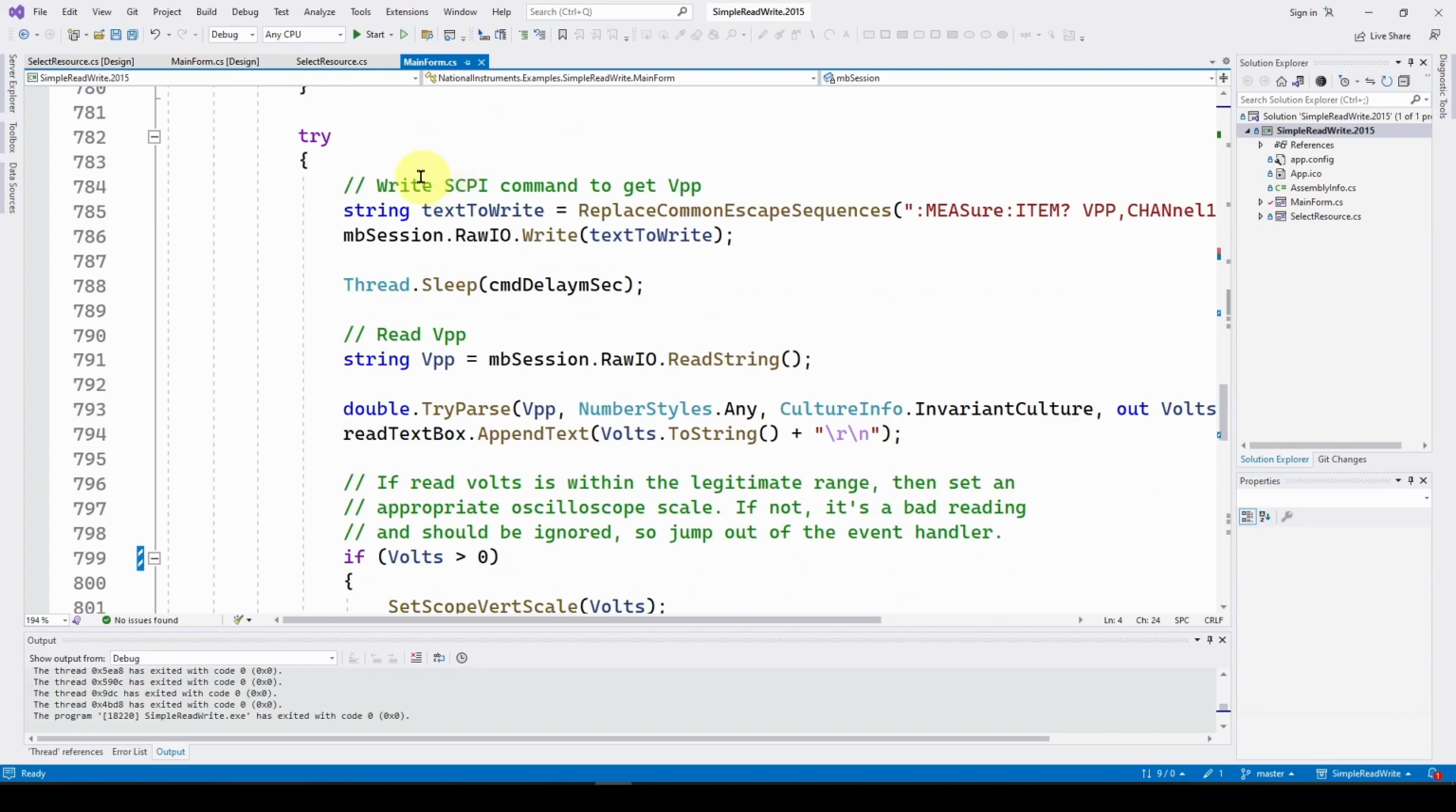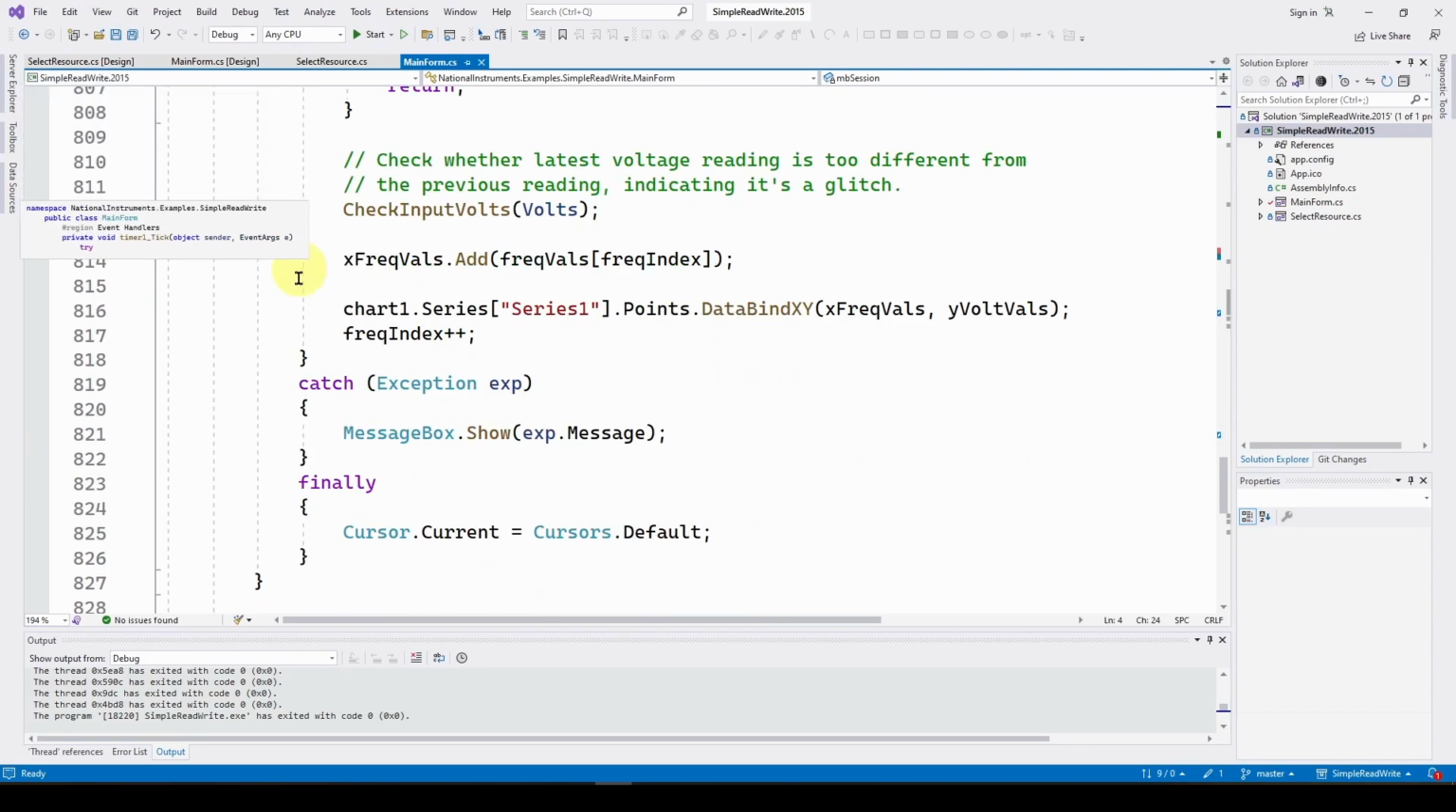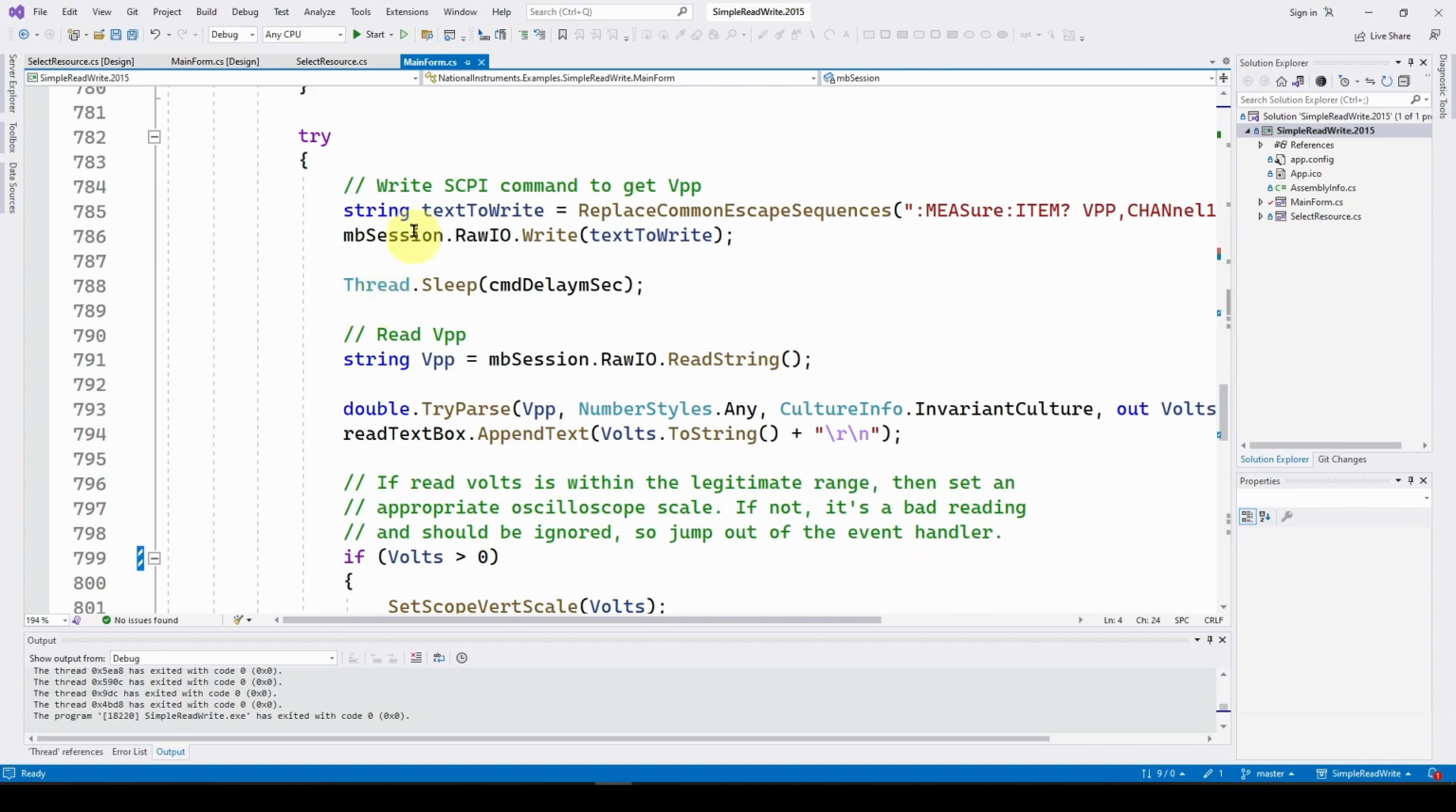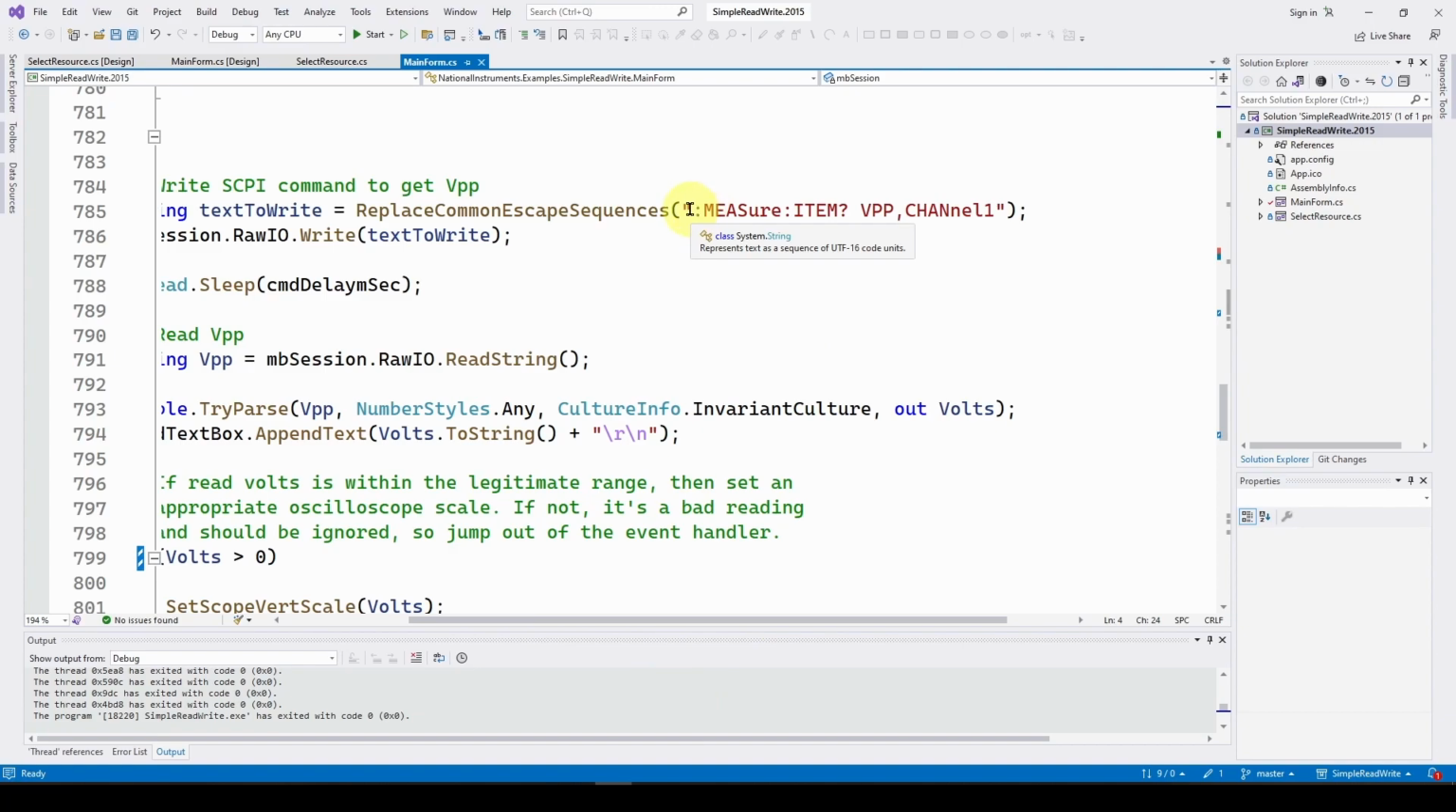Now, the next thing we're going to do is a try and catch. The try is going to send a SCPI command to get the V peak to peak. Again, we're going to use the same format to send a command to the scope. We get the text to write, replace common escape sequences, and this is the SCPI command that we talked about before, to measure the V peak to peak in channel 1. And it's measure item question mark,